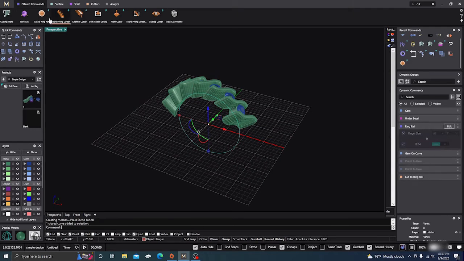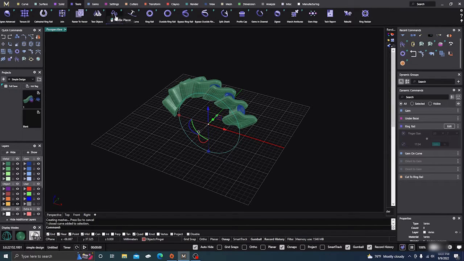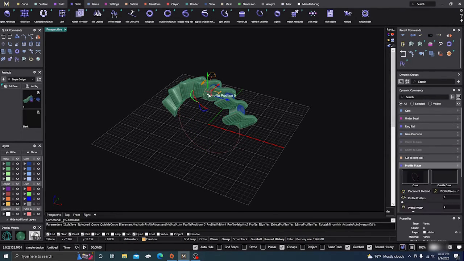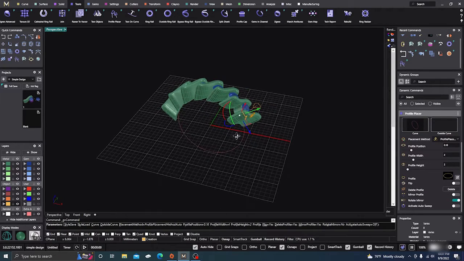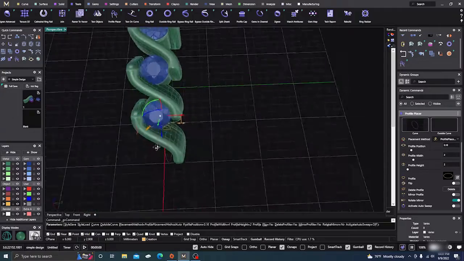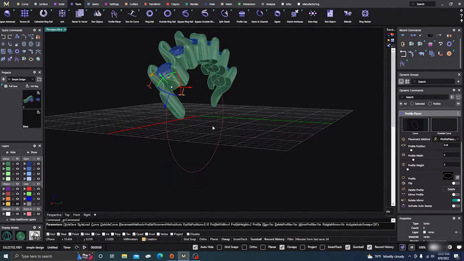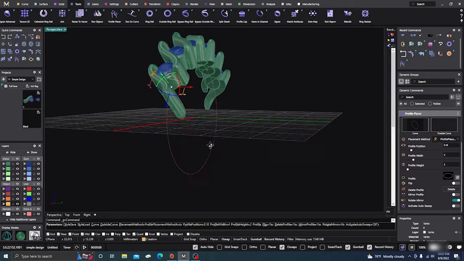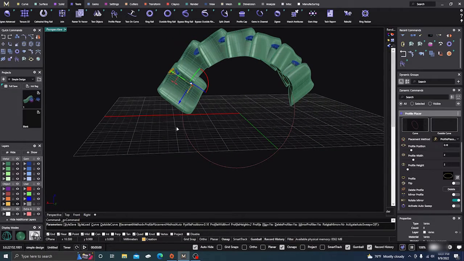Just go to your ring rail and go to tools and go to profile placer. There's our profile, bring it down into our item there. Okay, it's going to stick out, but we can do a boolean and cut that out. And how thick is that? 4 millimeter? No, let's leave it up there, and then we'll go ahead and go to our